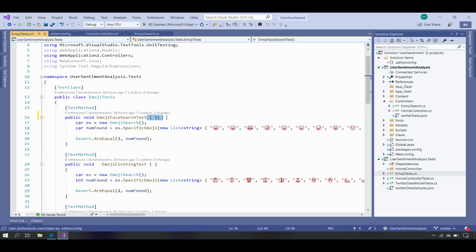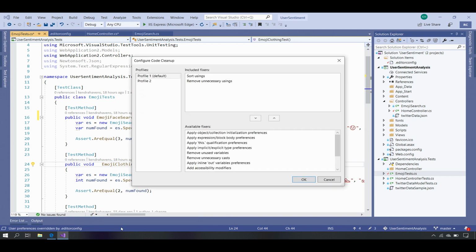I want to go ahead and fix some of my inconsistent spacing. I have curly braces sometimes on the first line, sometimes the second. I want to apply all of my formatting fixes and my code fixes all at once. I can do that using code cleanup. So we added this little broom icon to the bottom of files. So I can click it to execute code cleanup, which is Control K, Control E, or I can go and